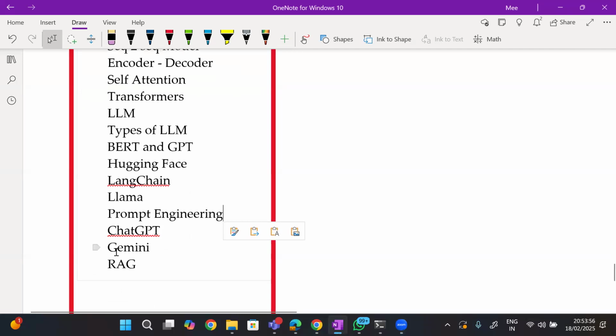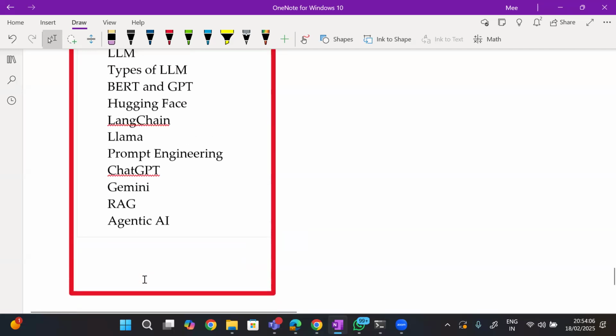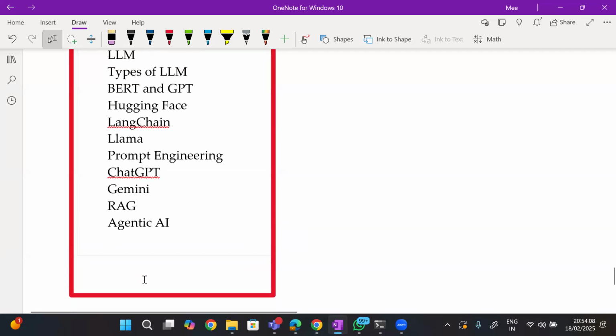And then we will learn ChatGPT, then we will go with Gemini, RAG, and agentic AI. We are going to perform agentic AI with the help of LangGraph.